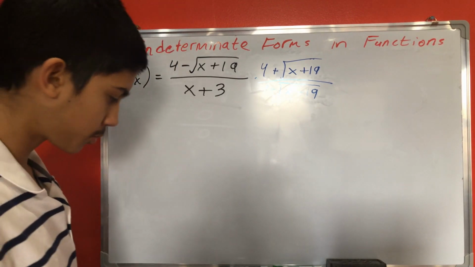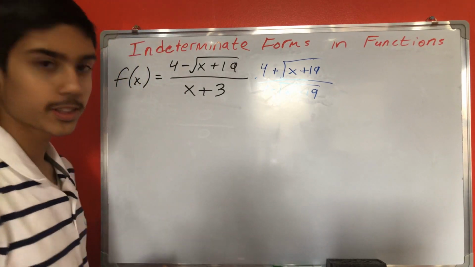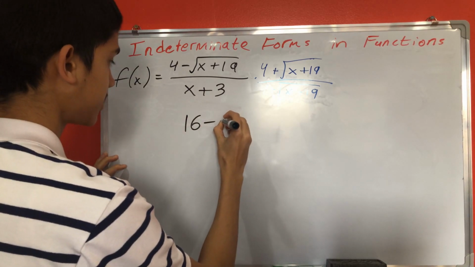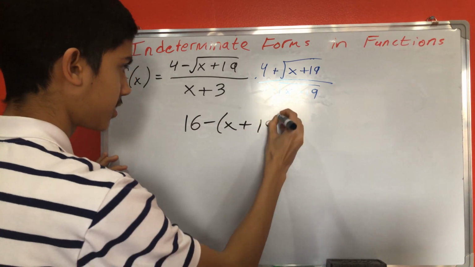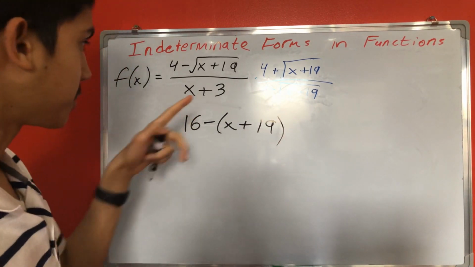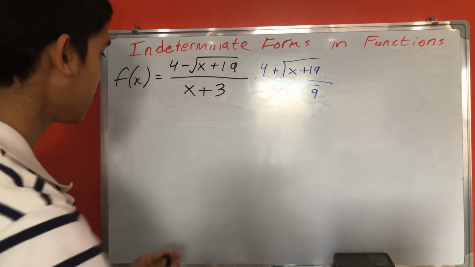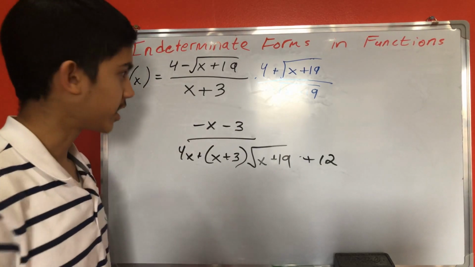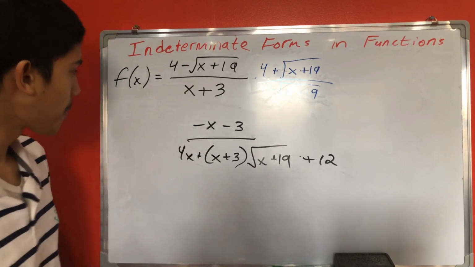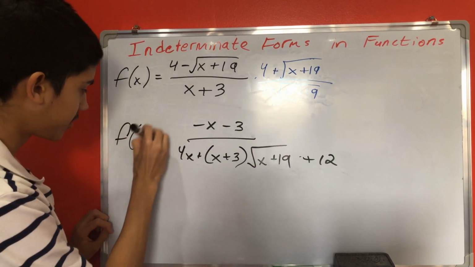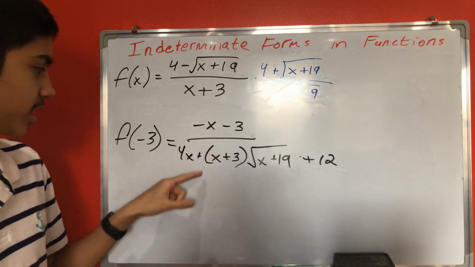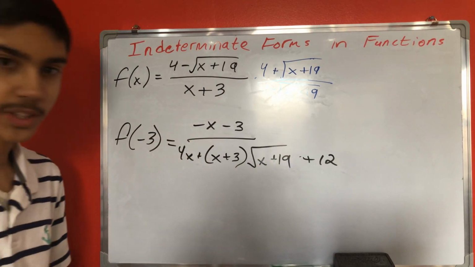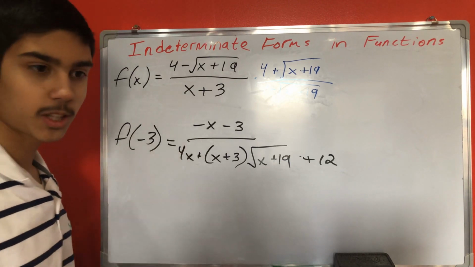the function f of x can now be written as 16 minus x plus 19, because it's a plus b and a minus b, but in the end it becomes minus x minus 3, over the denominator, so we have this. This still doesn't help us, because when we plug in negative 3, this becomes 3 minus 3, which is 0, and this is negative 12 plus 12, so it still becomes indeterminate. But what we have to do is cancel out something from the numerator